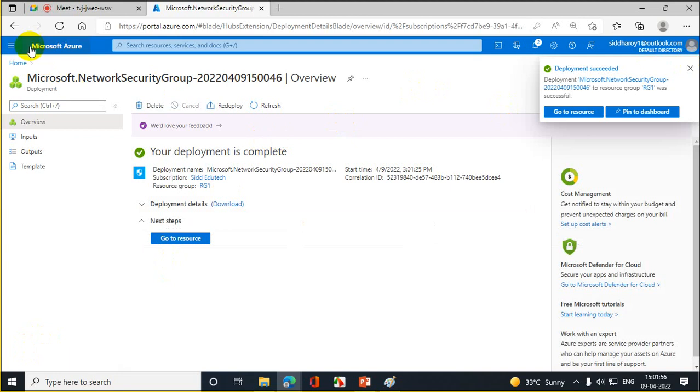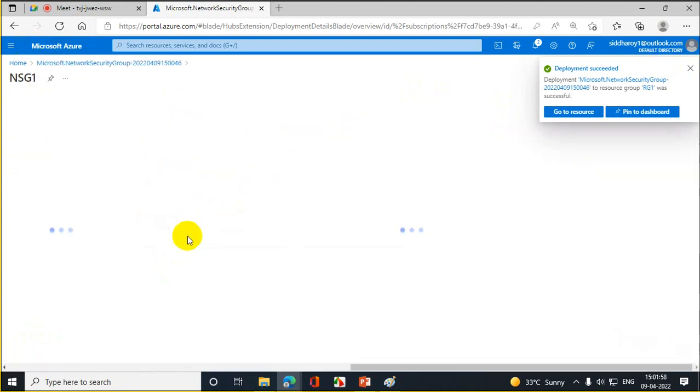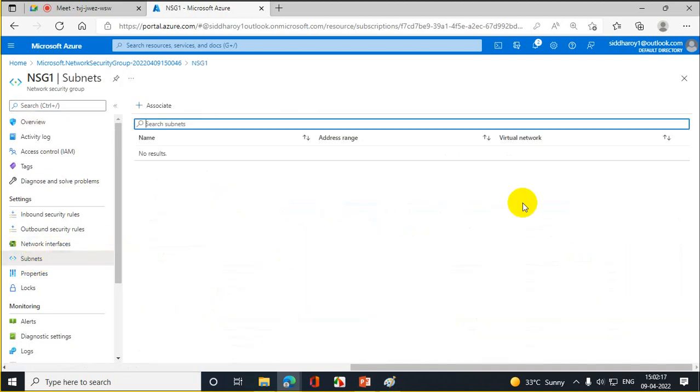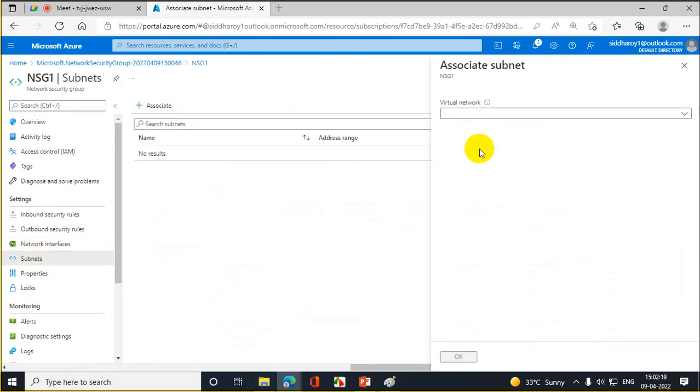Okay. After that, I'll go to the network security groups, and there is a catch in how you attach it. See, in the network security group, inbound ports and outbound ports, all are going to be blocked. These are the default rules. Apart from these defaults, all will be blocked. Now when I go to subnet and associate it with my current subnet, RG1 VNet,